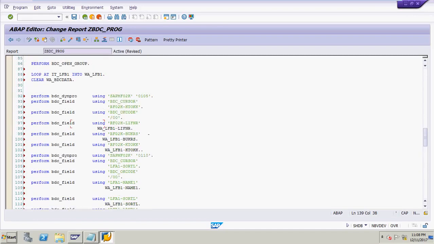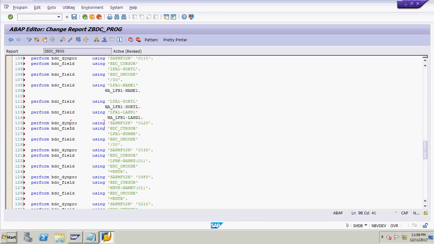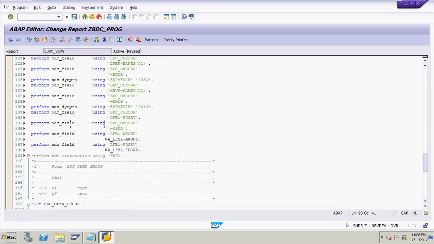Just see the black color. Work area LFB1 BUKRS, I have changed this. WA_LFB1-BUKRS, WA_LFB1-KTOKK, WA_LFB1-NAME1, WA_LFB1-SORTL, WA_LFB1-LAND1, and another two things: WA_LFB1-AKONT and WA_LFB1-FDGRV. Okay, that's fine.